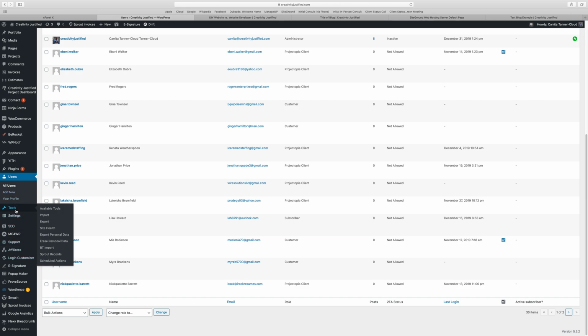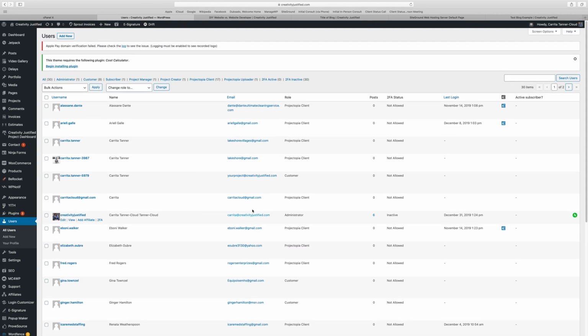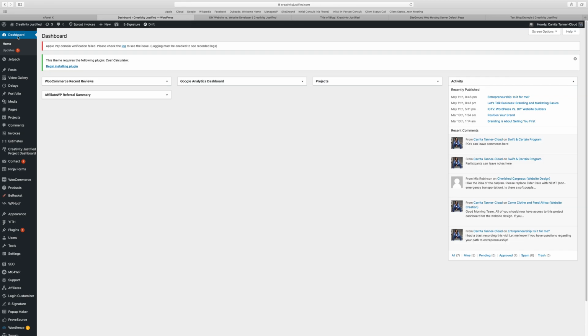There's tools, and then there's settings as well. Again, after your website's been built, there's not really a reason for you to mess with any of these areas. I don't suggest that you alter anything if you have not backed up your site and if you do not truly know how to navigate your site. If you don't know how to use WordPress, then I suggest that you get with your designer, your developer, or our team, and we will help get done what we need to get done for you. But please don't